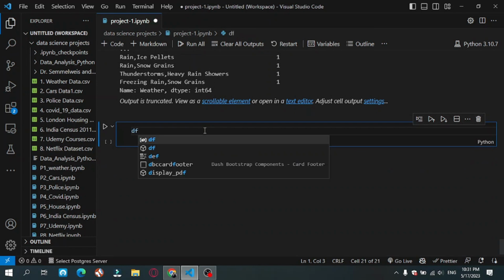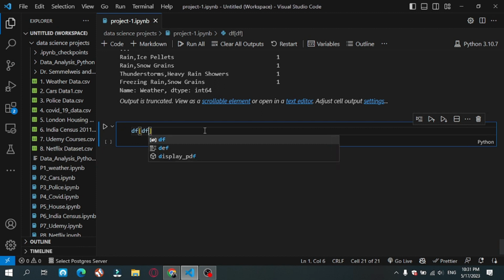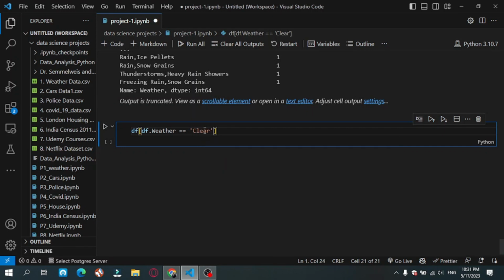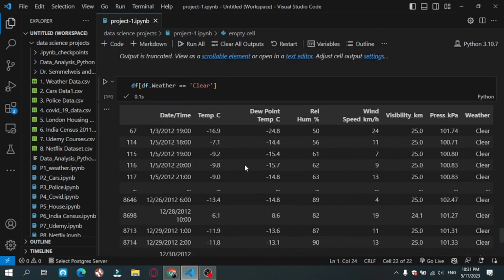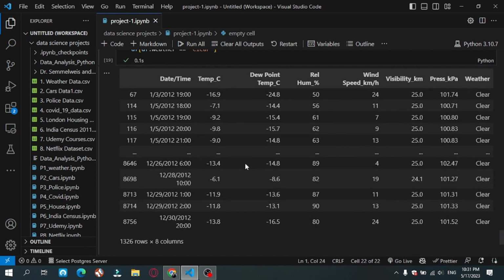But here is another way we can use. We can call this column, df weather, equal to clear. It gives us the rows where the weather is exactly clear. Okay guys,